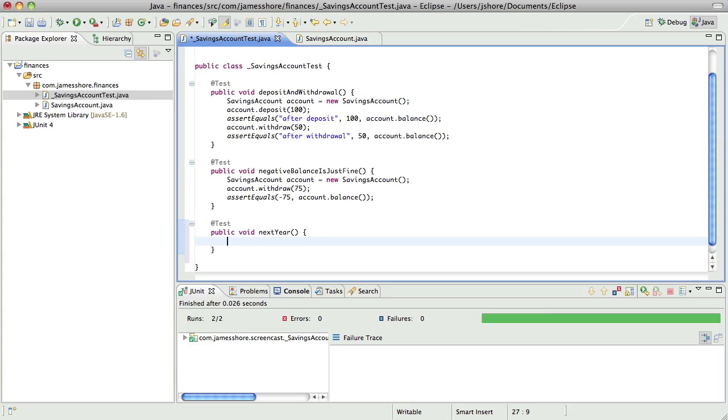We want to get a chart or a table or a graph that shows from the current time out to age 100, or however many years from now, how much money will be in this account in every single year. Let's start by just making a new savings account with $10,000 in it, and let's age it a year. Next year,